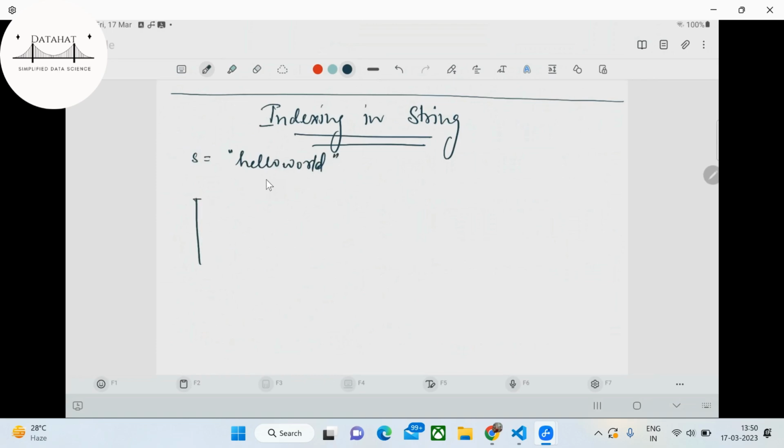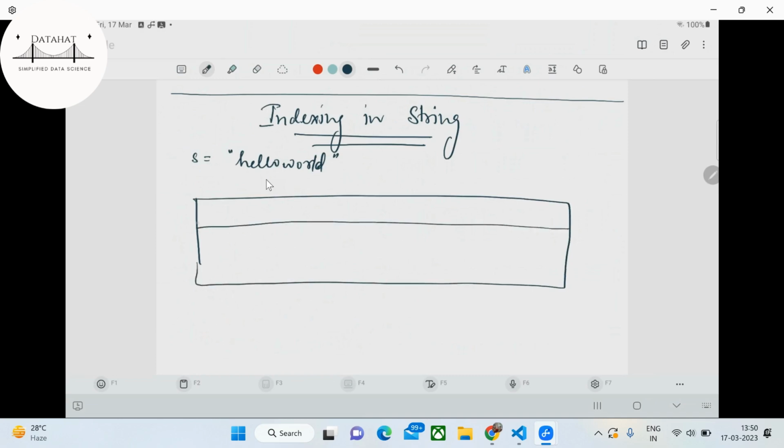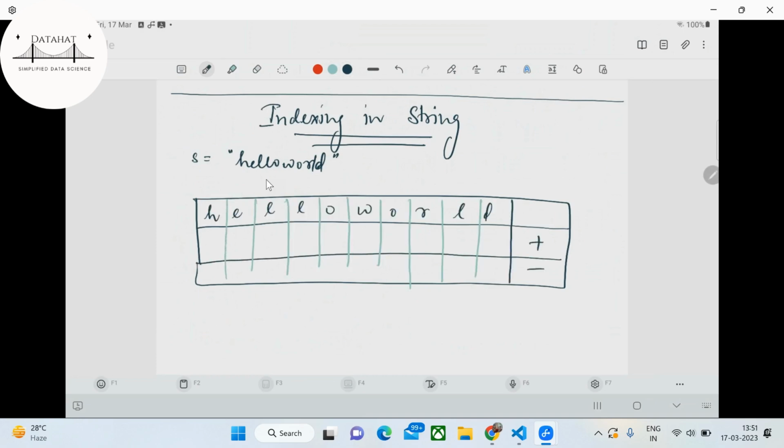Now I will create a table to help you understand the indexing. Python has two types of indexing, or two ways in which Python allows indexing. One is positive indexing and the other is negative indexing. I'll show you both of them. Now as you see, we have put our characters in these boxes to help things easier for you to understand. Now indexing in Python starts from 0. Okay, starting index for the positive,